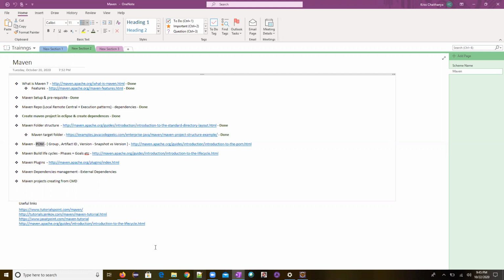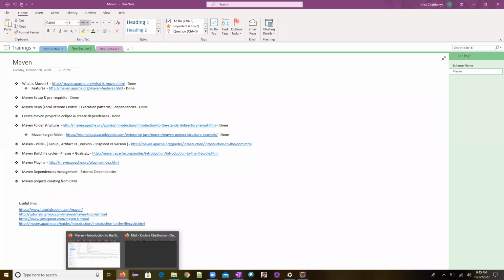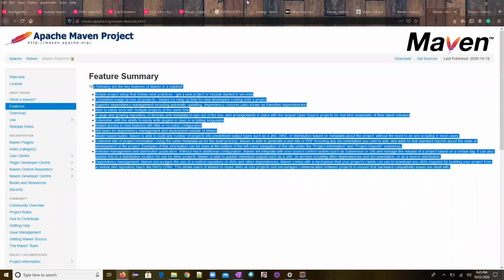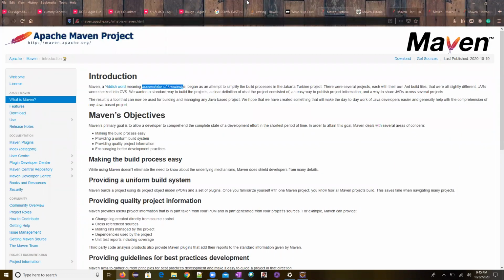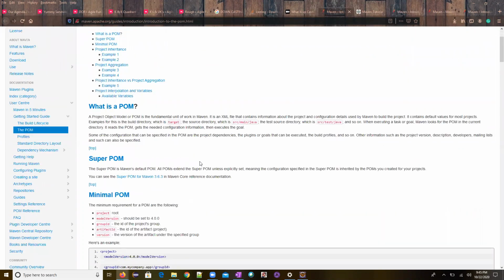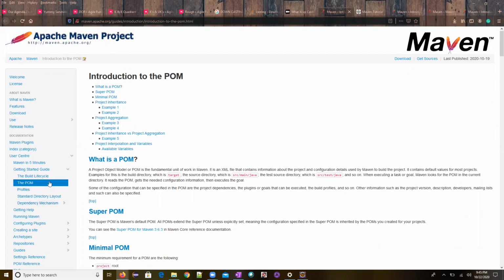Okay, so let's discuss what a POM is and what the different POM files available in Maven are. If you see here, there are multiple POM files available.